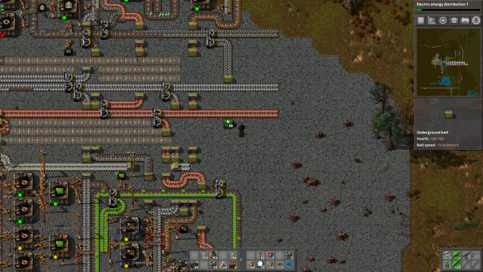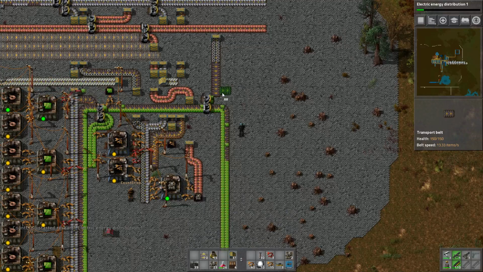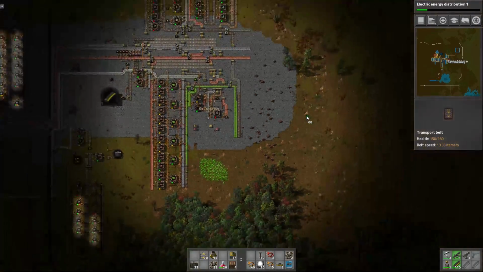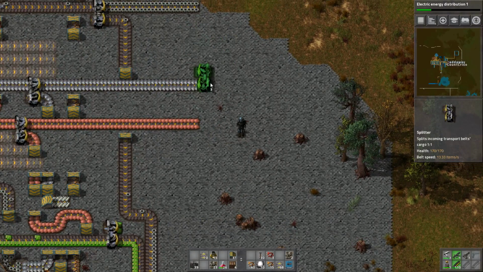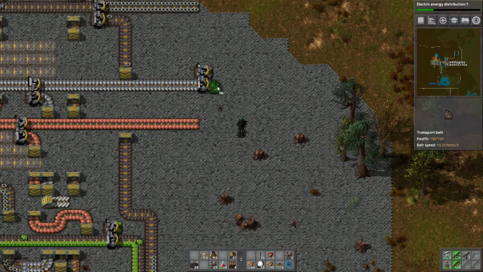I want to check if red belts can go further underground than in this game. 1, 2, 3, 4, 6. These can go 6 underground. They've added it to the base game. Red belt can go further underground now. That means we don't have to have a... we can have like... The red belt, we don't have